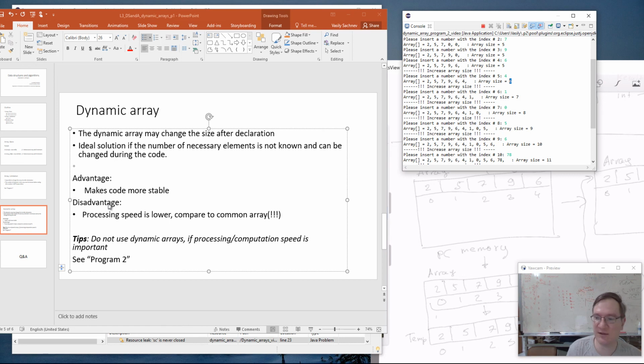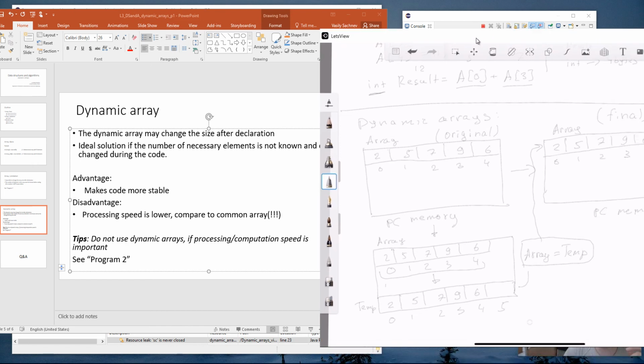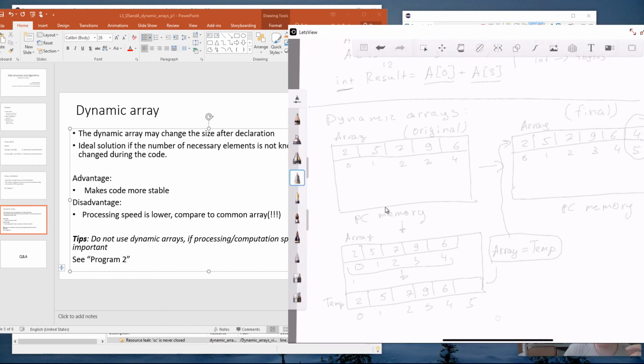The disadvantage may not be very clear or logical from that particular explanation, but what is it? Processing speed is lower compared to the common array. So what does it mean? Once we design an array with a fixed size, originally 5 elements inside, I can easily access that particular element. But if I'm using dynamic arrays,